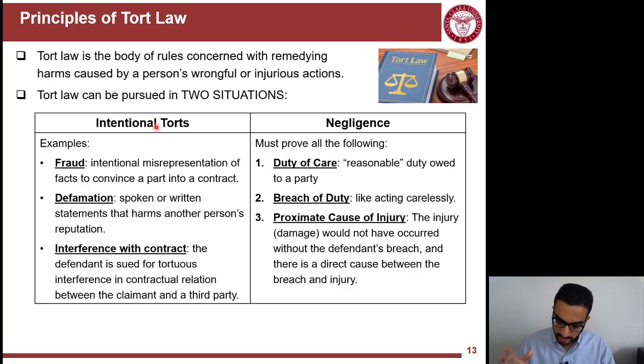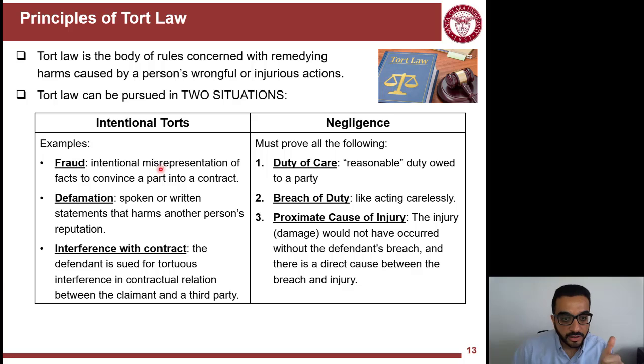So it's a quick example here. You're driving a car. If you really hate someone, or you're on a road rage, and you're after someone who did a bad turn for you, and then you hit the car on purpose, that's an intentional tort. But while you're driving and you're not paying attention, checking your phone, and you cause an accident, that's a negligence kind of tort.